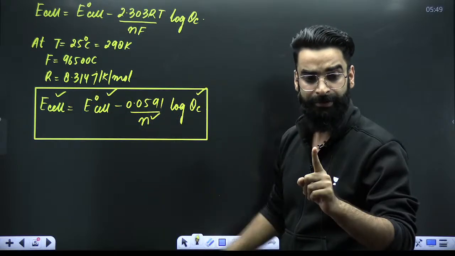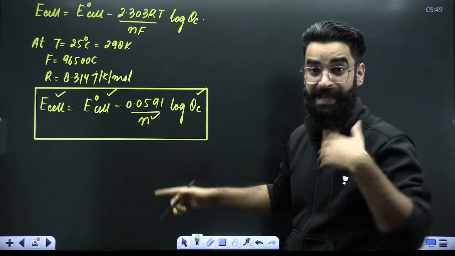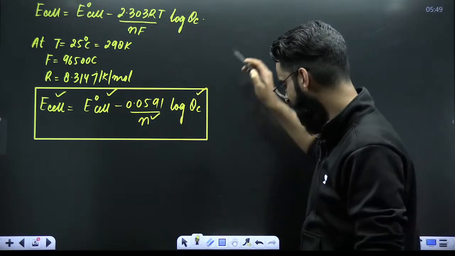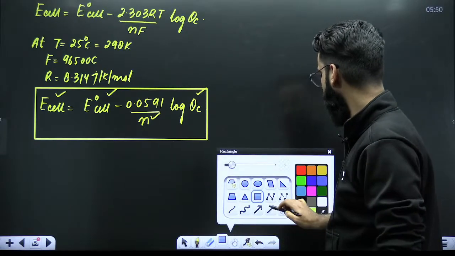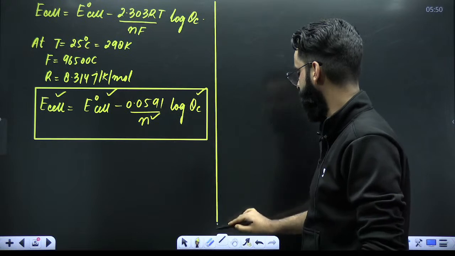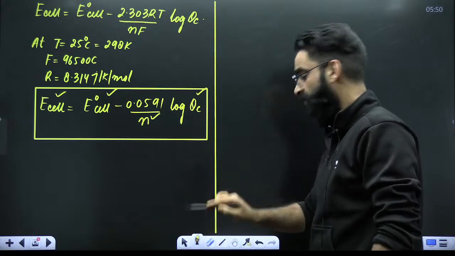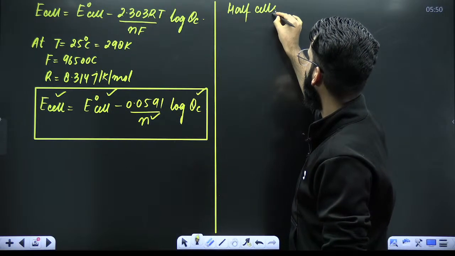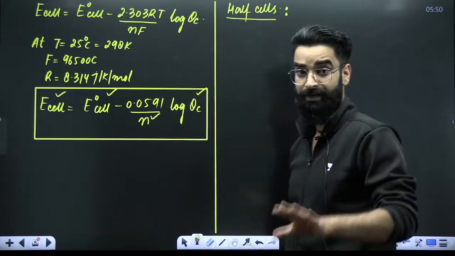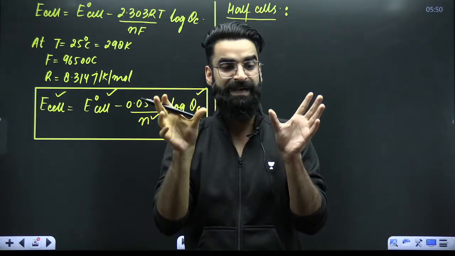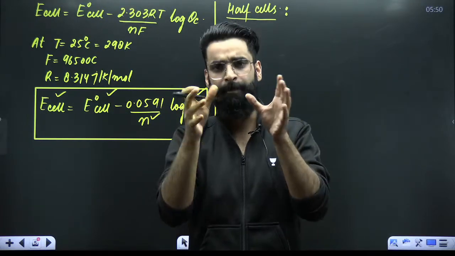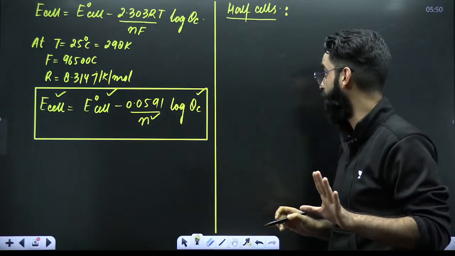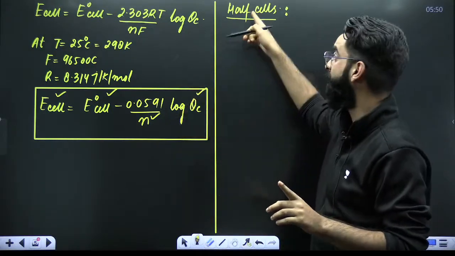Okay? So number one, this equation is what you call the Nernst equation. Now the point is, where do we use this equation? What about its application? My dear students, let me exactly tell you where we use this particular Nernst equation. So first of all, the Nernst equation is used in half cells. Half cells means electrodes, right? A complete galvanic cell is made up of two electrodes, or you can say two half cells. Half cell is equal to electrode, right? You can use this particular equation for half cells.